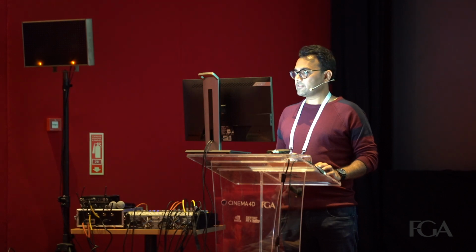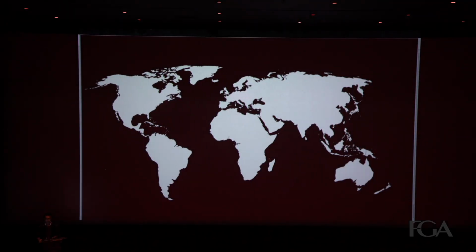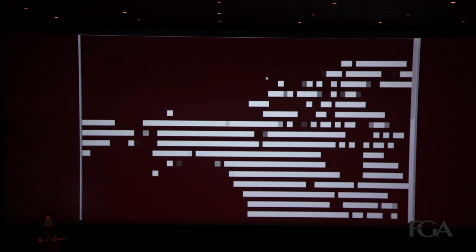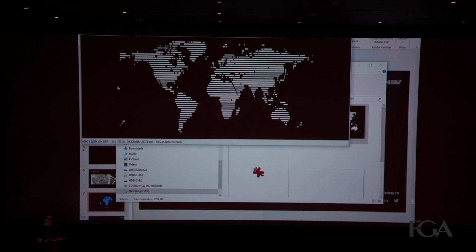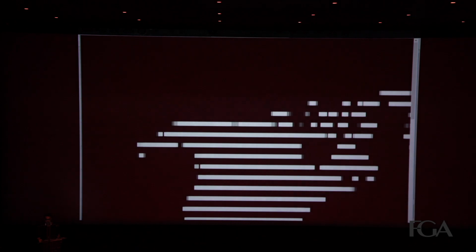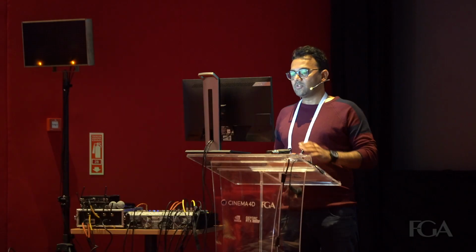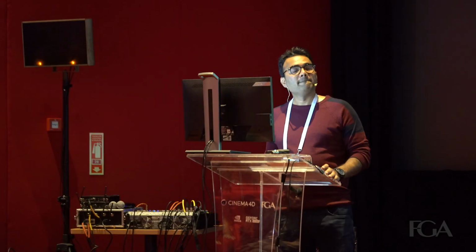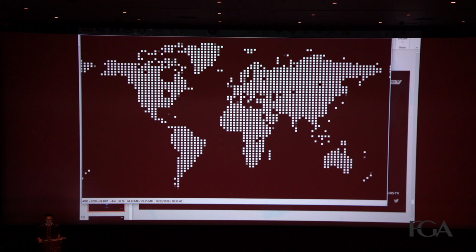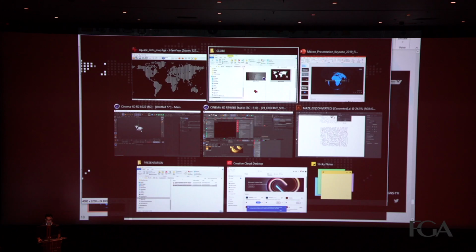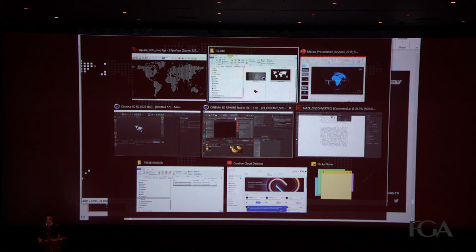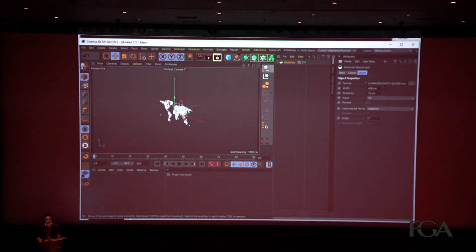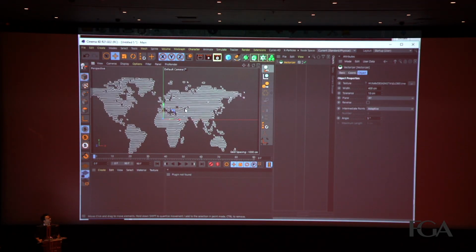Globe, you can see. You can use these kind of very dynamic maps like this. By using Form or maybe Particular, you can generate these kind of images. You can use any shape instead of squares. You can use circles, plus signs, anything. After getting a 4K render from After Effects, you can bring it inside Cinema 4D, and then the world is yours. You can play with it.